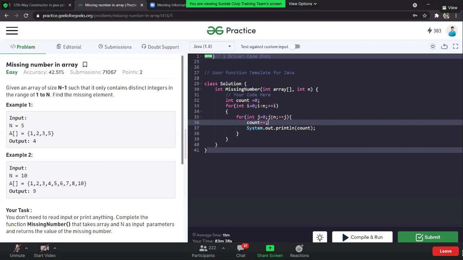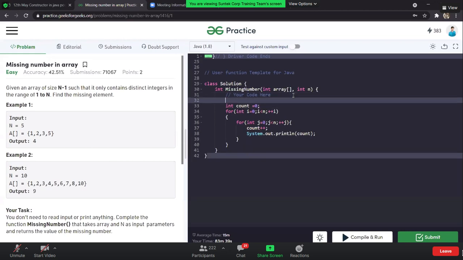Okay, can anyone tell me how many times the count value will get printed? Let's say the value of n is equal to 10. Guys, this is just an example, it's not related to this question.